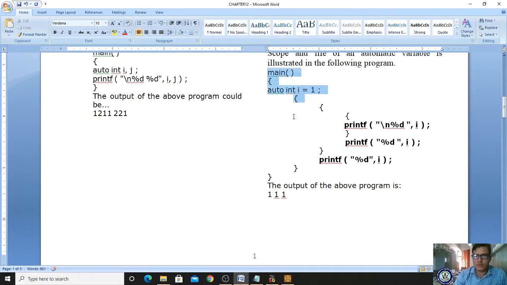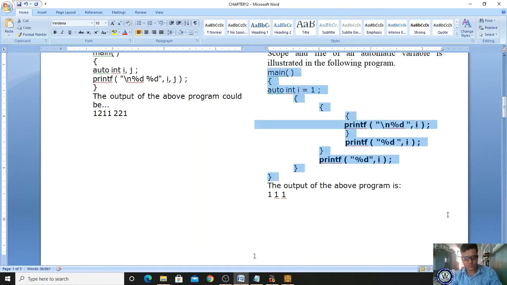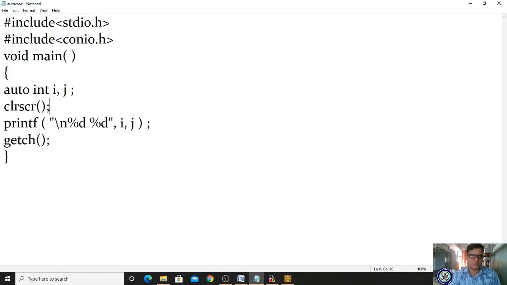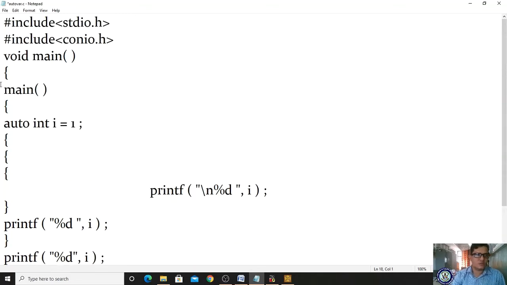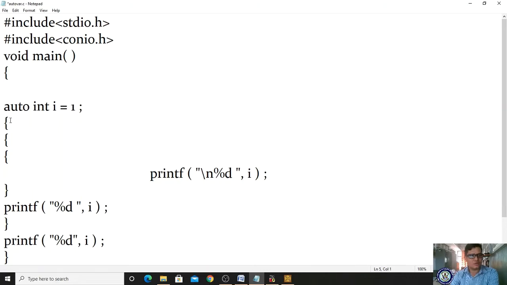Let me copy this program and explain. I will copy here. Let me paste. So we don't need this. Now you are understanding. This is a block, this is one more block, this is one more block.